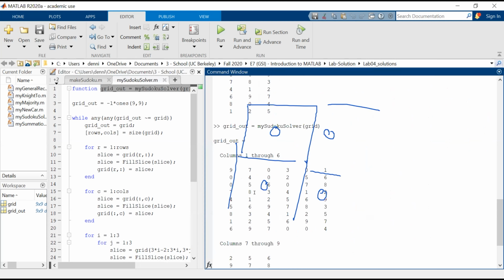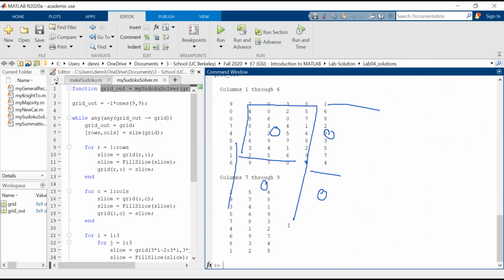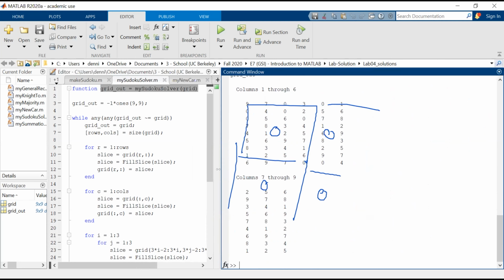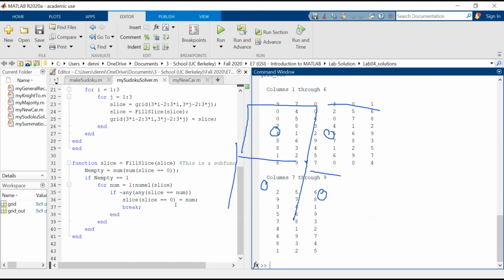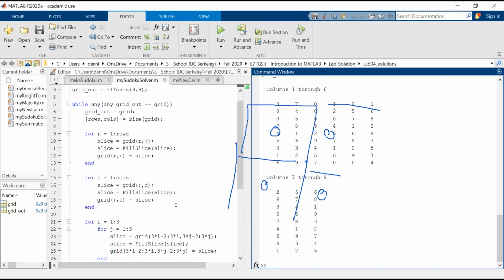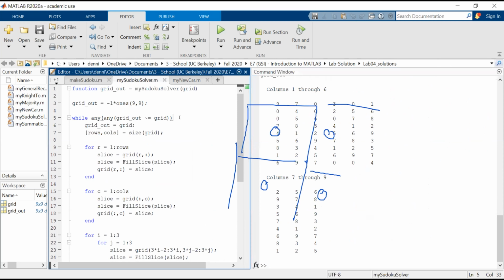Grid out equals. So why is that unsolvable? So that's zeros. I see, yeah. Some of these will be. So, okay, what's interesting is this doesn't include an infinite loop, I guess. Oh, I see. I think the reason this doesn't infinitely loop is